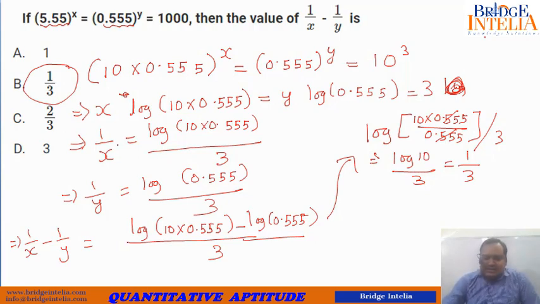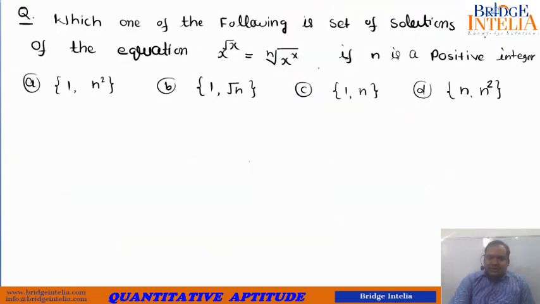Please understand something. If in competitive exams no base for log is given, it has to be assumed to be equal to 10. This is not natural log. So in competitive exams that you would appear for, if the base of any log is not mentioned, unless otherwise mentioned, it has to be assumed to be base 10. So now let's move further.